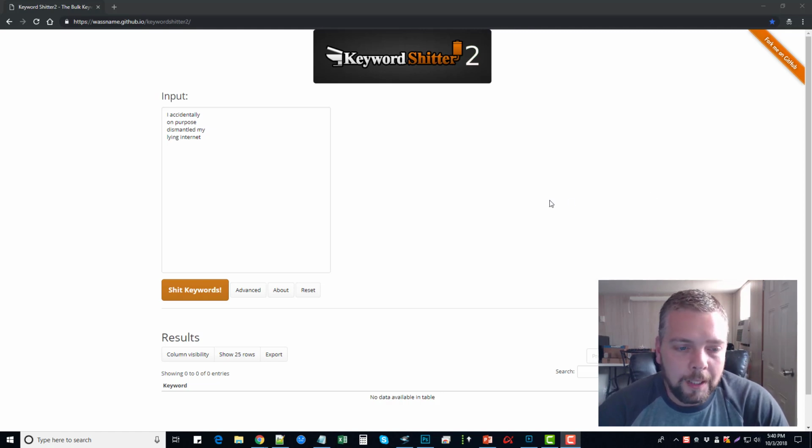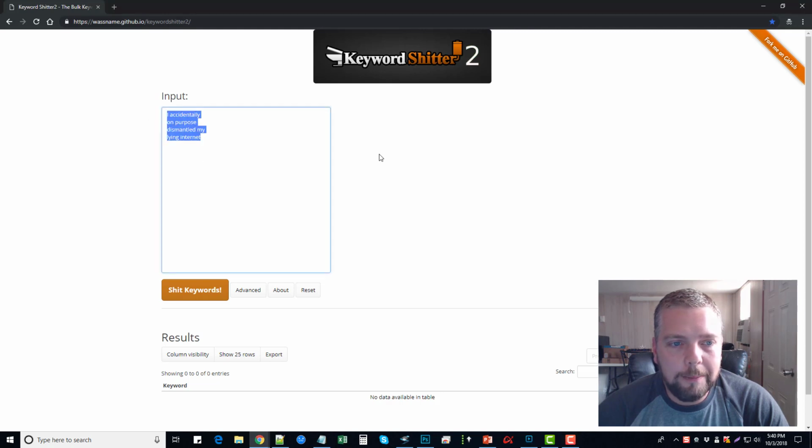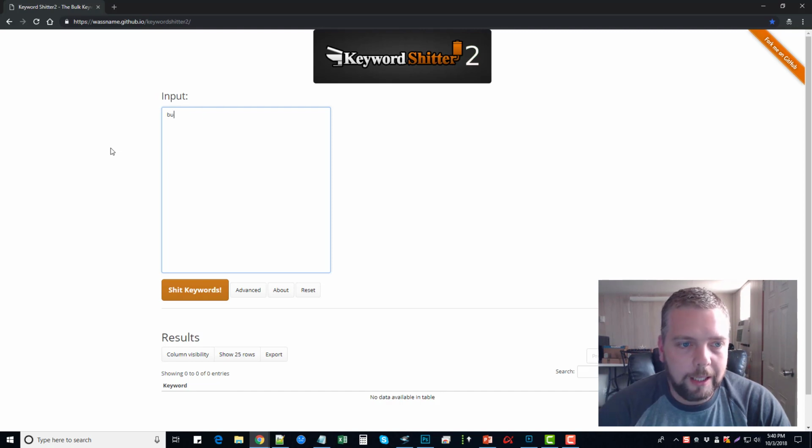But this tool is quite amazing actually, because it can pull keywords so fast and in so many different ways. What I mean is, over here in your input column, you're going to type in a basic keyword, a broad keyword, or you can even put in something that's not quite as broad. So let's say we are looking for lawnmowers. Okay, so we can type in